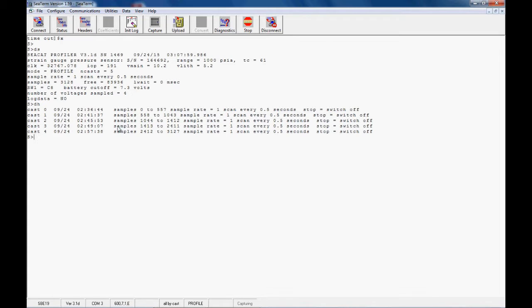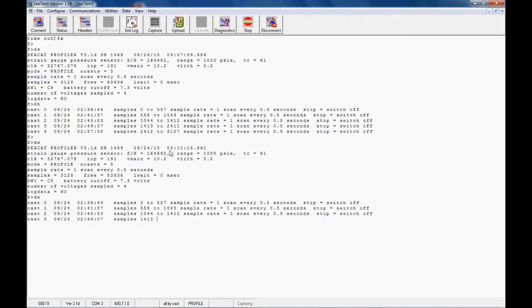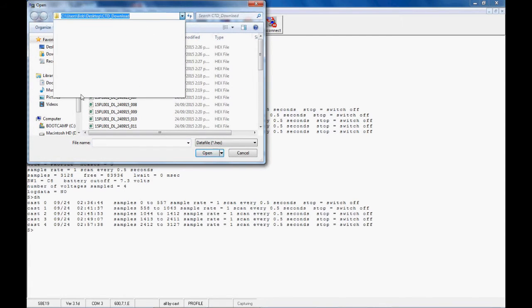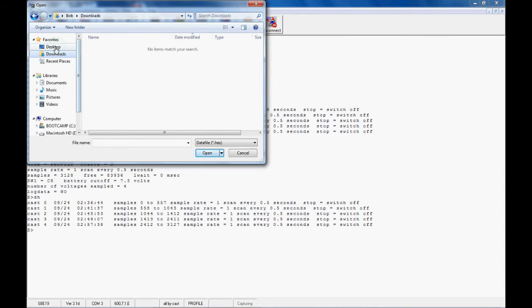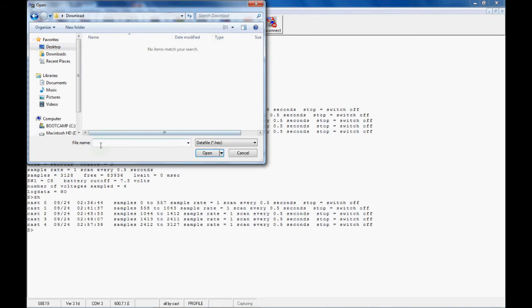And so now what we want to do is upload the data from the CTD onto the computer. So to do this, we select the upload button, and this will again give us all the status information and header information, so we'll just wait for that to do its stuff. So now we select the folder where we want to save the data. So we'll just save it to a folder on my desktop today,